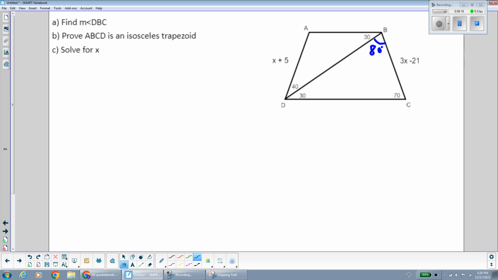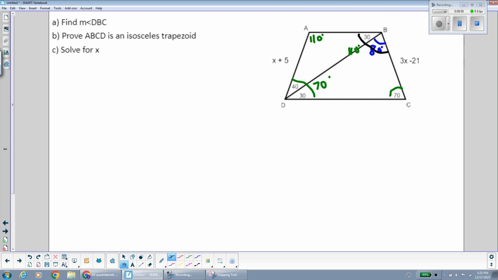The next part says to prove that ABCD is an isosceles trapezoid. So we have another triangle up here. And in that triangle, I have a 40 and a 30-degree angle. 40 plus 30 is 70. So in order to make 180 degrees, this last angle, angle A, would have to be 110 degrees. Now notice, if I add up this 80 degrees and this 30 degrees, that is also 110 degrees. And then on the bottom, if I add up this 40 and 30 degrees, I get 70 degrees, which is the same as